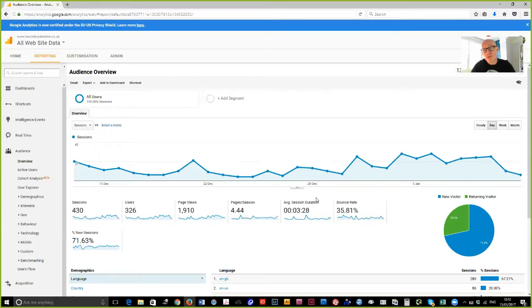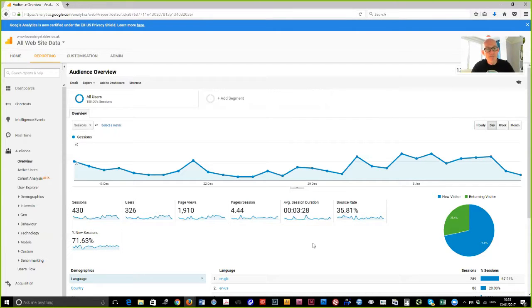The session duration is a good indicator. If people are spending more than 30 seconds even on your website, then they're reading things. They're not just hopping onto a page and hopping away again. The bounce rate is the amount of hop in and out. So if someone comes to your website and immediately scarpers, that creates a high percentage bounce rate. If you've got a lower percentage bounce rate, and ideally you want 40% or less, that means that people are actually staying with your website for a period of time. So there's a direct correlation really in user behavior between the pages per session, the amount of time they spend,